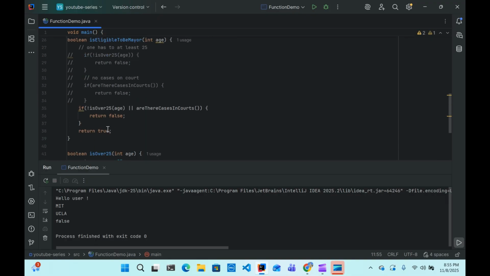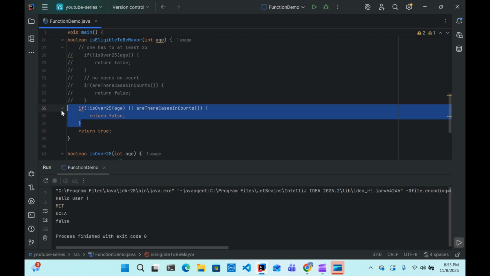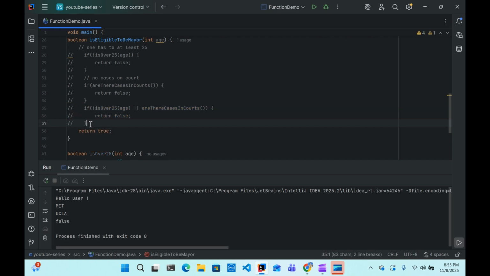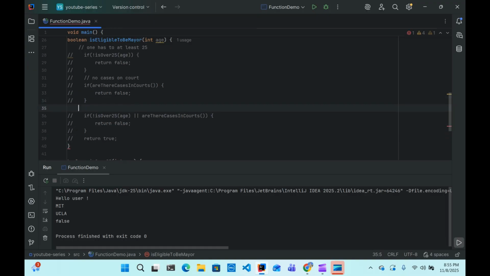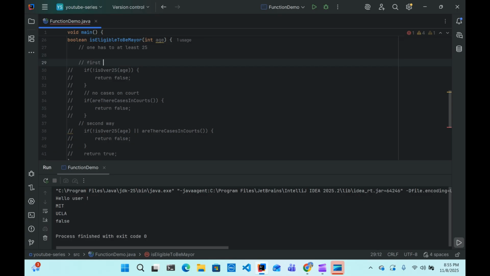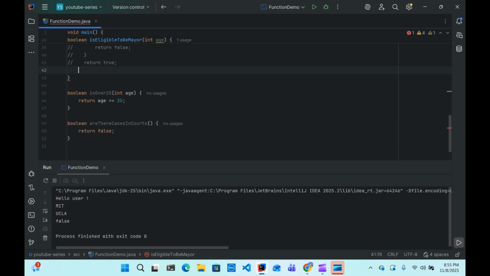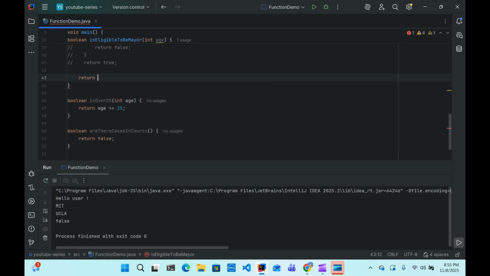And the other way, it's a different approach. You can write whatever you can. I'm going to comment it. So second way, and then I can say first way, so you can just make a note. But we don't even need to do that. We can just return directly not is over,